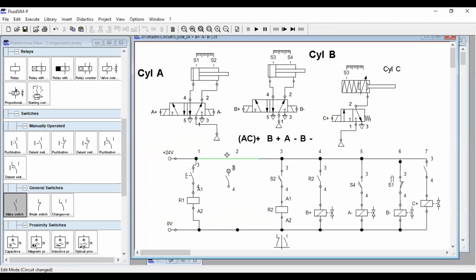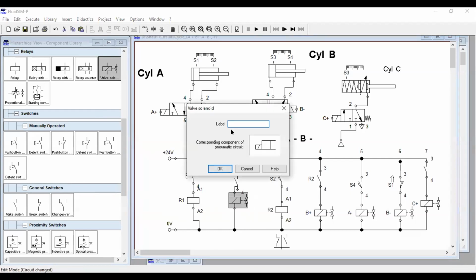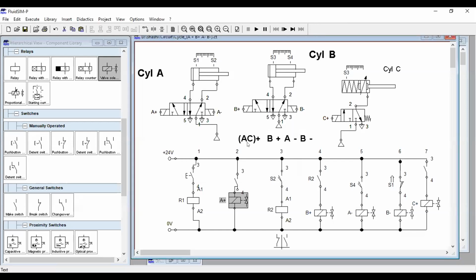We'll connect this directly to this point. Then we will have a solenoid valve. I will name this the first operation plus. Now we need A and C together.